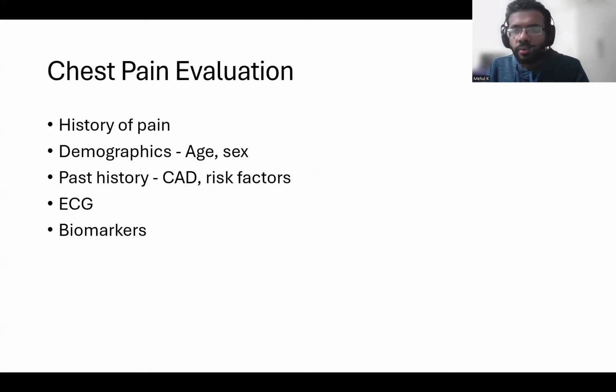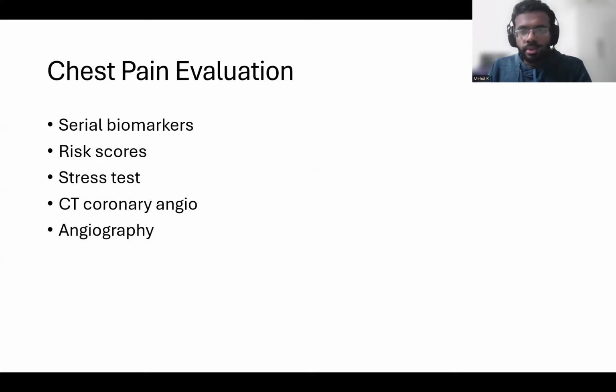So what are the things that we actually look for in evaluation of chest pain? We look at the history of the patient, whether it is sounding like a typical or an atypical chest pain history, the demographics, the age, sex, and relevant past history. You look at the ECG, of course, and you look for the cardiac biomarkers. Usually we look at the troponins, and you do serial troponin sometimes if needed. You can look at various risk scores, like your HEART score. And sometimes in certain types of patients, you might actually admit the patient to do some kind of stress testing as well. And CT coronary angiography and